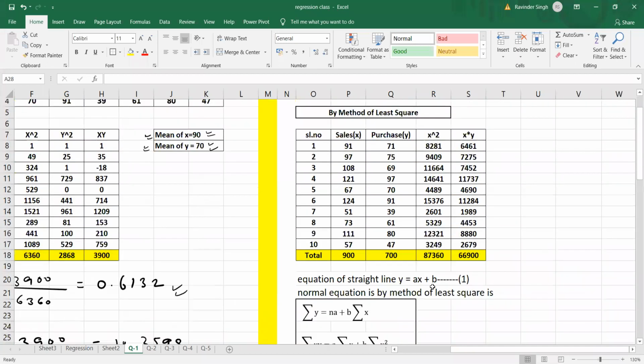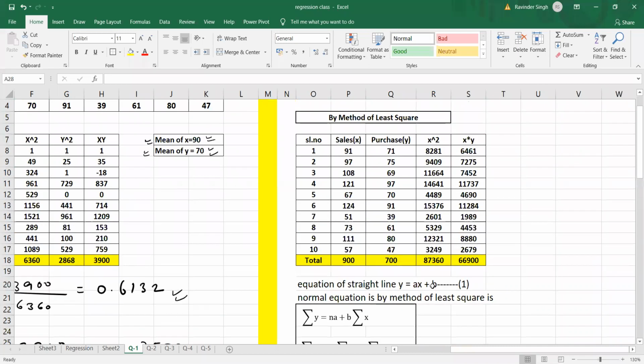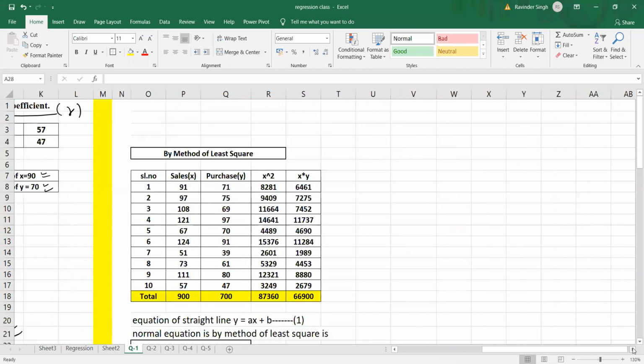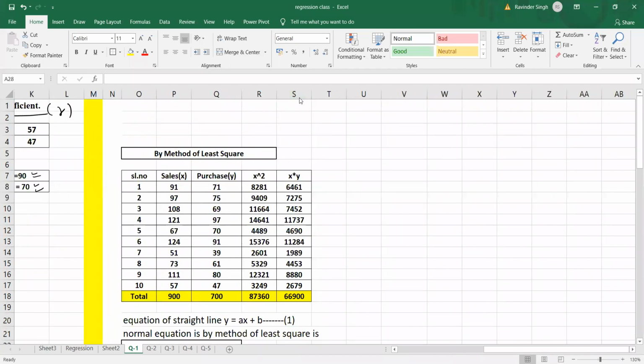So how to fit a regression line by using the least squares method. To do that, let me show you some theory. We know that our equation of a straight line is always y equals a plus bx. This is equation number 1. As we have seen with the errors, the residuals, the summation of errors squared, which is the sum of y minus y hat whole squared, should be minimum.